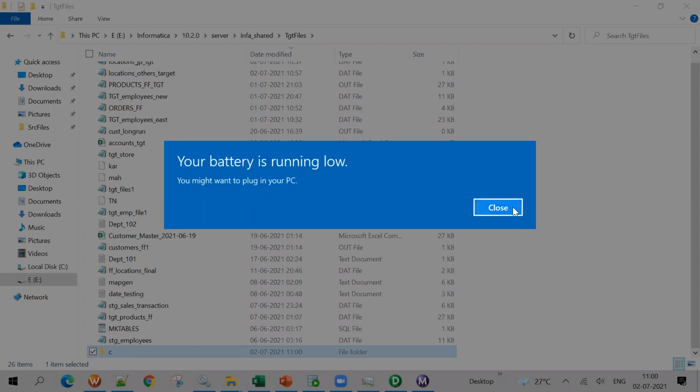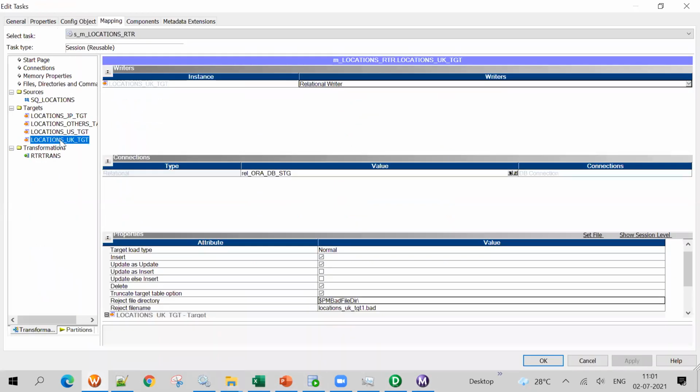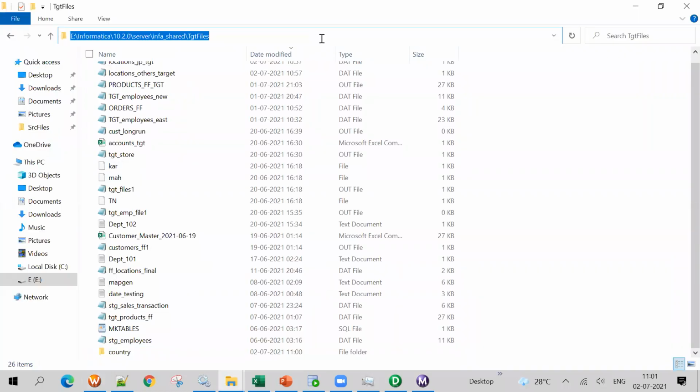Okay, so now I'll create one folder here called country. Any name, country. Now what I should do is go to the session. My UK should go inside the target connection, inside the target default path.